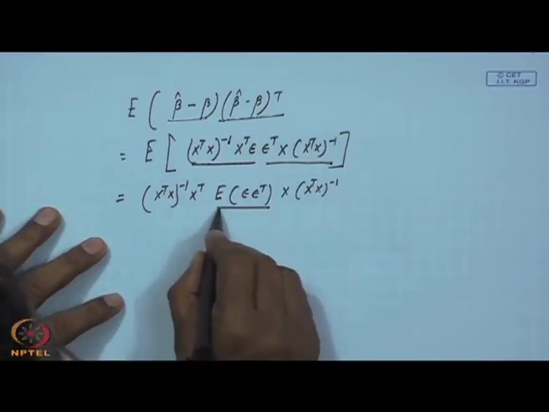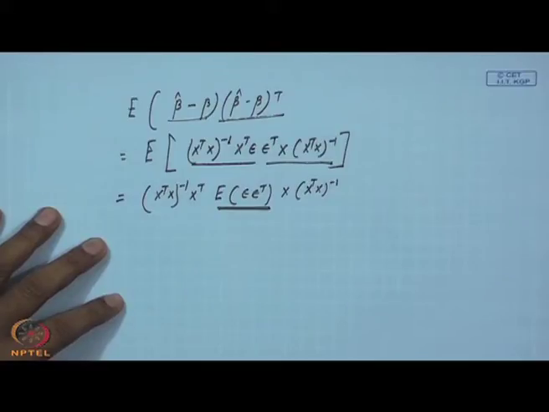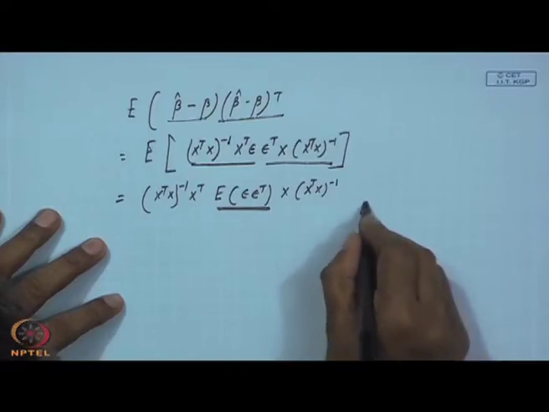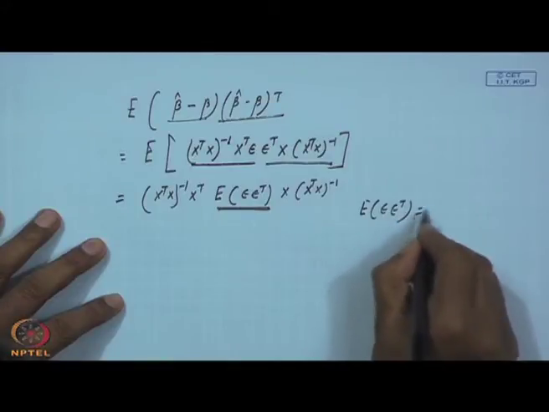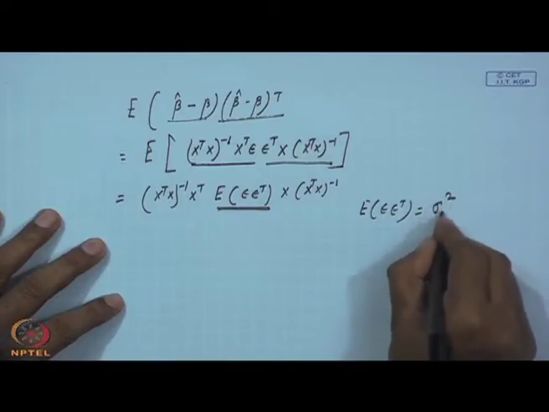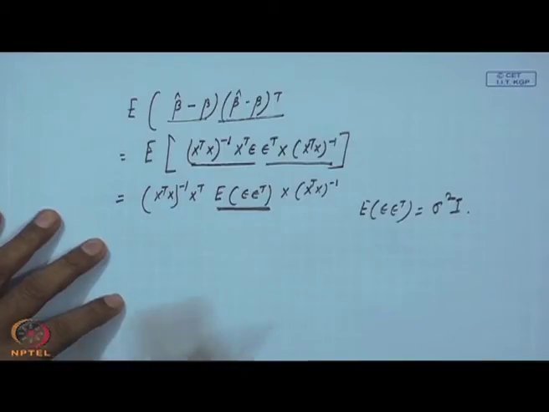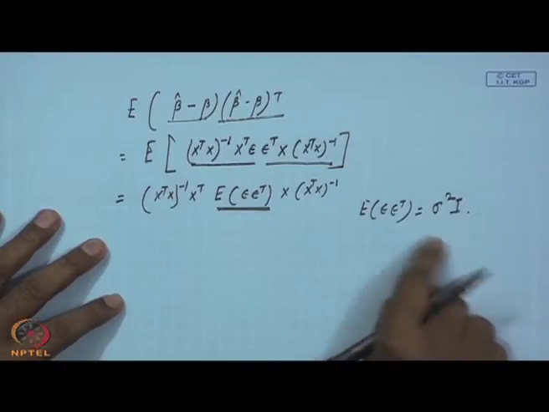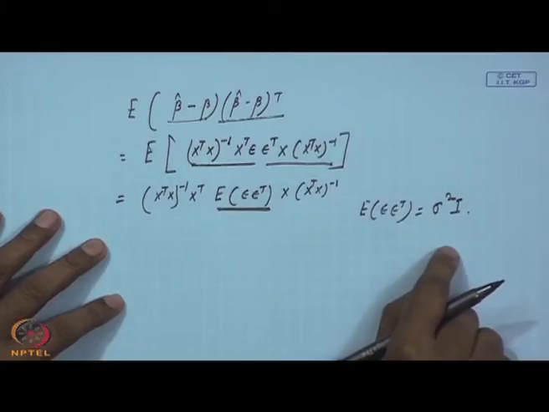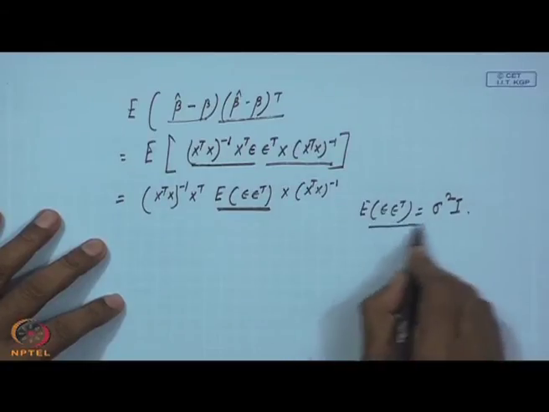So what is this expected quantity? It is the covariance matrix of the error term. Now for the covariance matrix of the error term, we assume equality of variances across the x observations. So that will go for y and then to the error place. So ultimately the expected value of epsilon epsilon transpose will become sigma square times I, because there are n observations with the same variance; that is coming from the assumption.